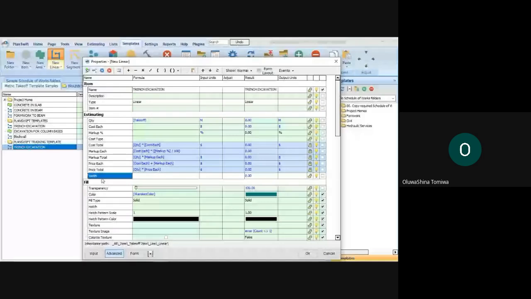You will OK it. You can see where I'm pointing my cursor. It is telling us that we've added width. Having added width, the next thing for you to do is that you come to this box here, you mark it, you check the box. You can see I've checked the box. Please, is somebody following me? We've already added the width. The next thing for you to do is